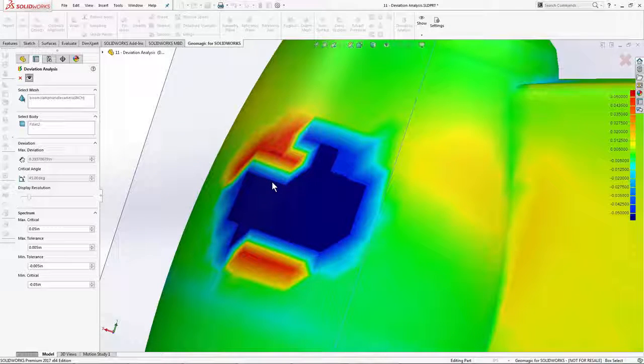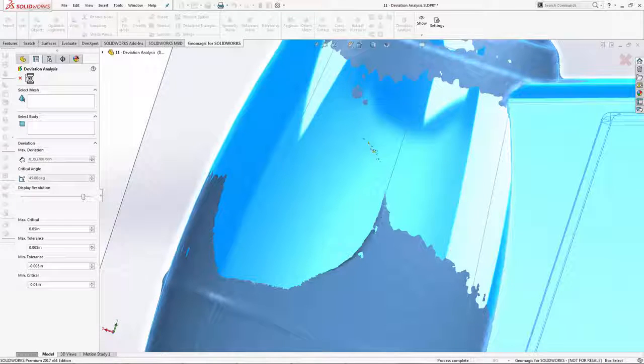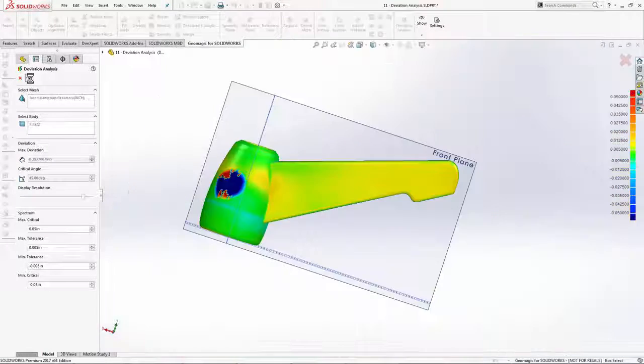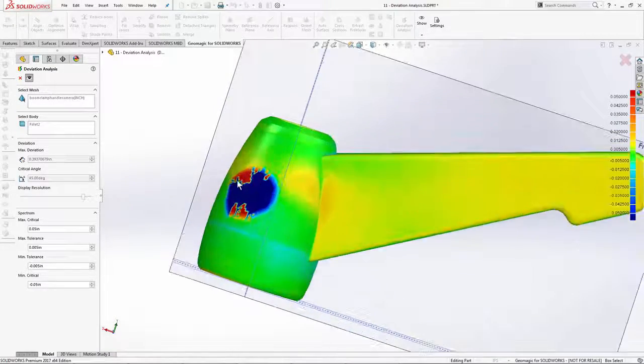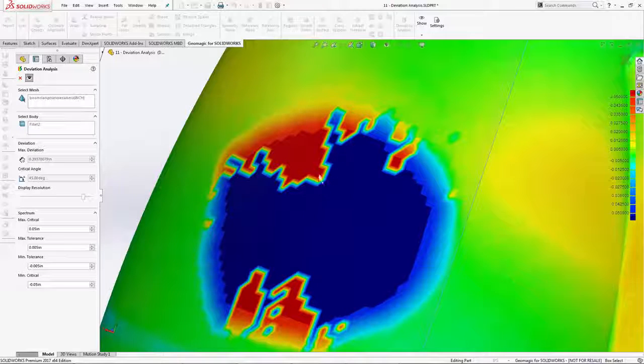If I'd like to look at the deviation in this area in more resolution, I can exit my preview and change the display resolution to something a little bit higher. When I hit preview, notice that the software does take a little bit longer to generate the higher resolution image. The individual zones showing deviation are now smaller, and I can see a more clear picture of what this area